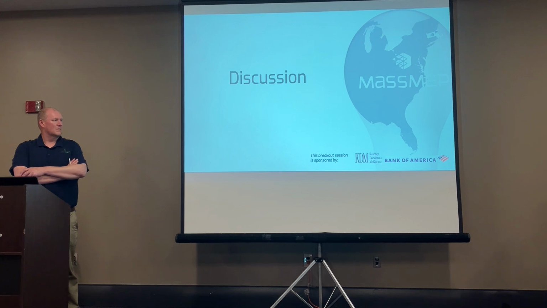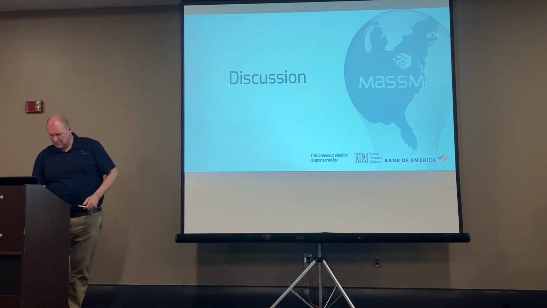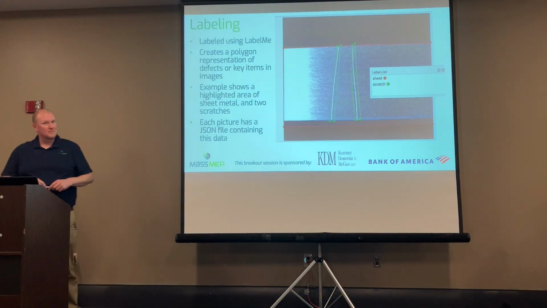Because even you could see in the image, the left-hand side of that piece of metal was completely washed out from the light. So if the light is too strong, you actually couldn't see anything at all in the image. But if it's too weak, you don't have the contrast to actually detect the scratches that are on the surface.